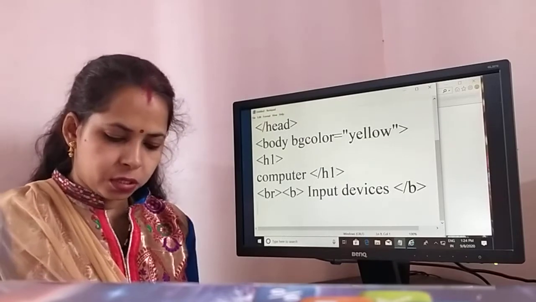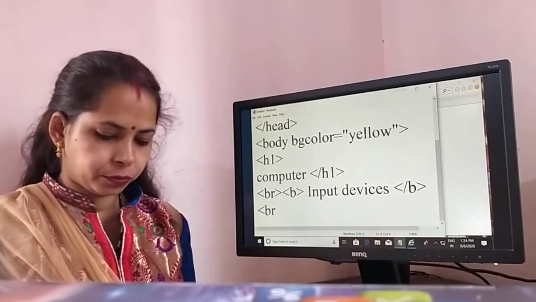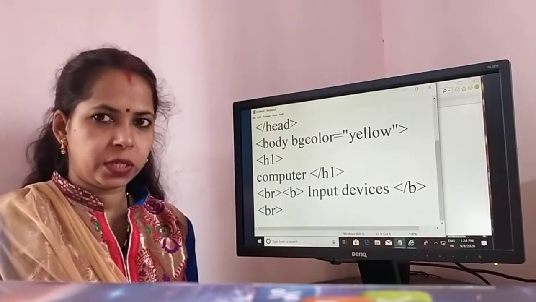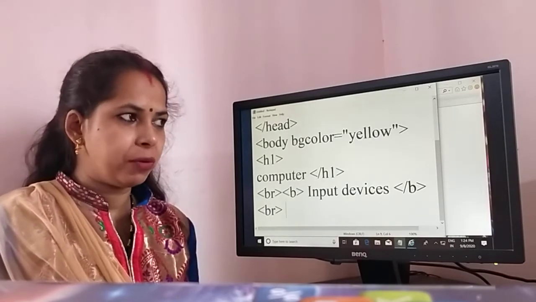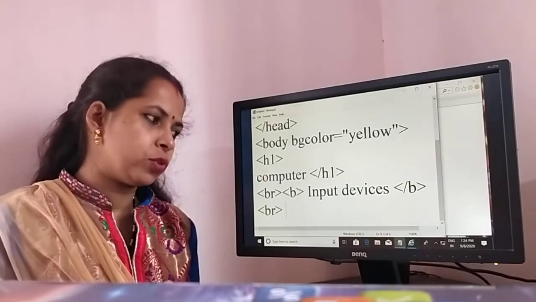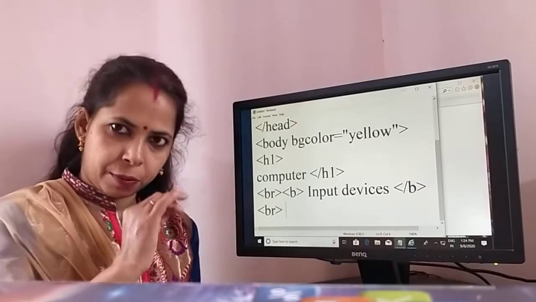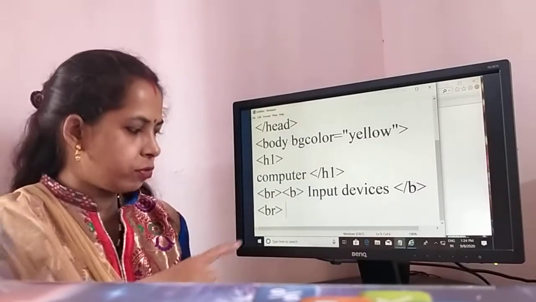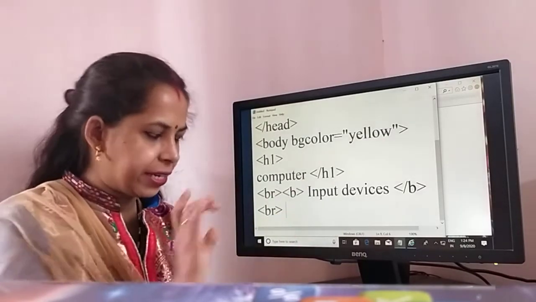Then we have to take the BR tag again and write the next line. We have to set all lines one by one, each coming on the next line. So we take BR again and write some words.